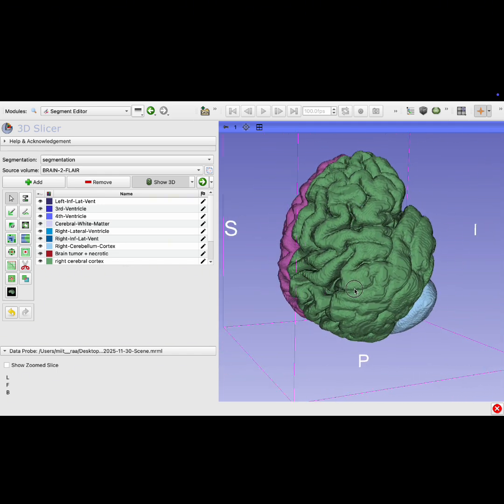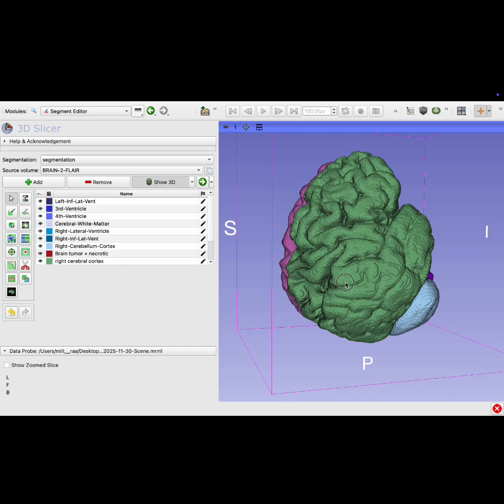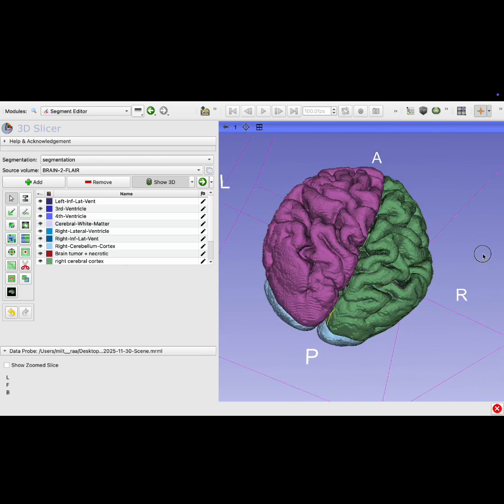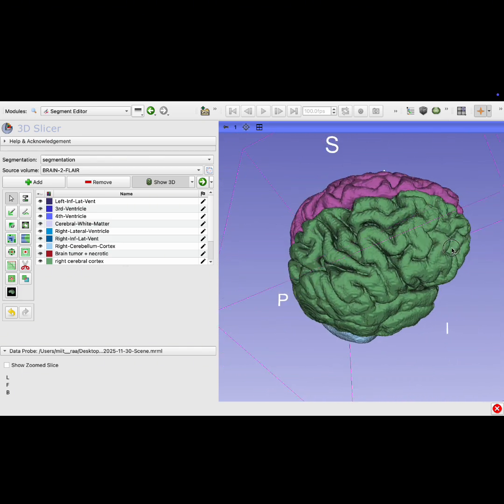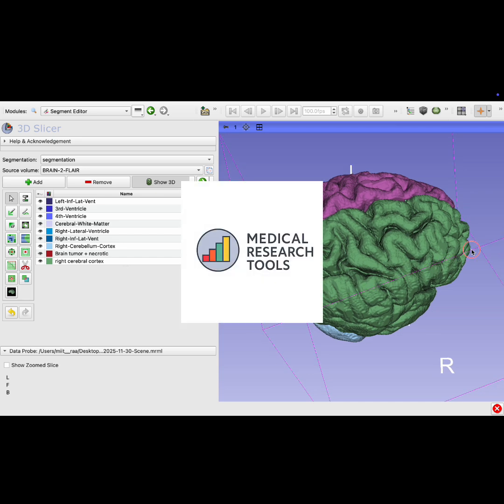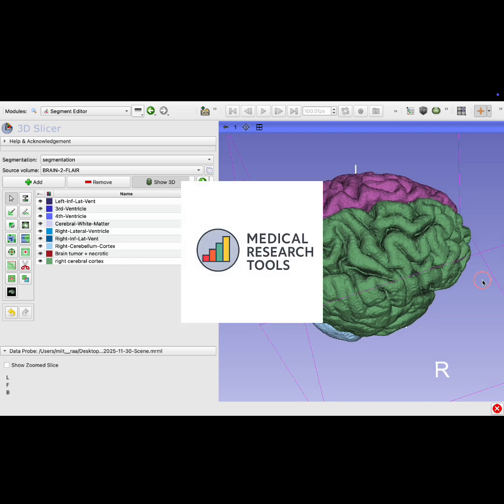We separate the left and right cerebral cortex. You can use this tool in many tasks in many different kinds of imaging. Hope you found it very